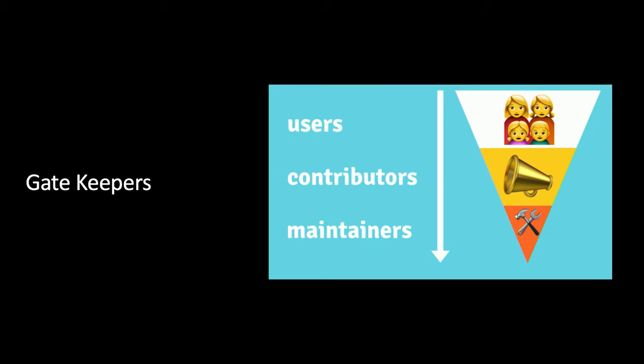As a user of open source, you might identify that you have, say, a feature that you need, or it's buggy, it's not working correctly. So you might contribute back to that specific repository. You might say, hey, it'd be really nice if we had this feature. Maybe I'd like to be able to save my stuff. Or maybe something doesn't work. So you are contributing back to that open source project because you want to make it better for you and apparently better for other people.